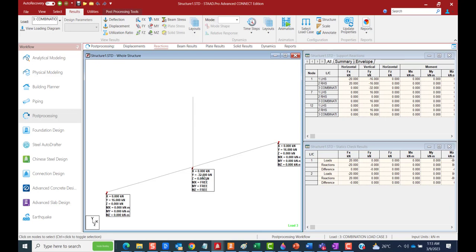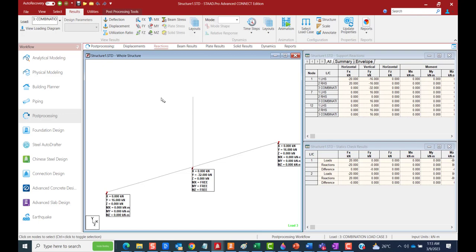So what is the program doing here? Just recall this function expression that I explained a bit earlier. The program is simply doing the algebraic summation. So in the first condition it was 0, in the second condition it was 16, so 0 plus 16 is 16. At the center in both conditions it was minus 16, so minus 32, and here in the previous condition it was 16 and in the second condition it was 0, so 0 plus 16, again 16. So essentially the program has algebraically summed up the individual responses and delivered you the structural result, which is very